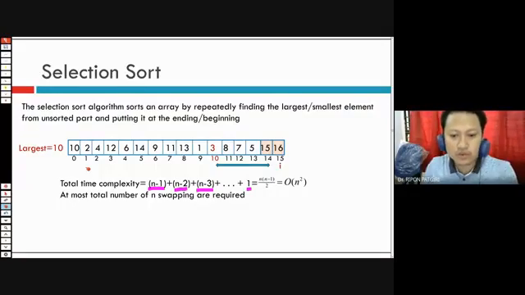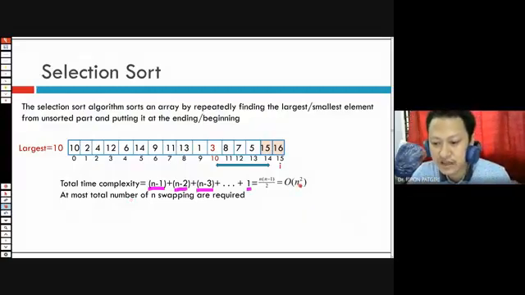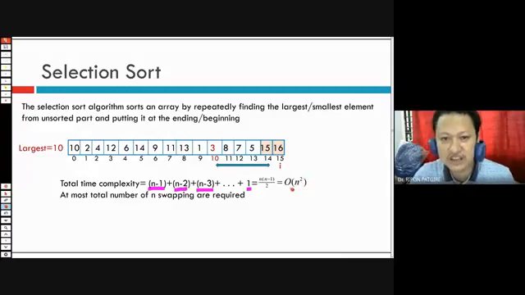So the advantage is, where will you use this kind of sorting technique? Where swapping is very costly because the value size is much larger, only then will you use selection sort. Otherwise, you will never use this sorting technique, because its time complexity is big O of n square and it is very slow. That's why you should not use it.